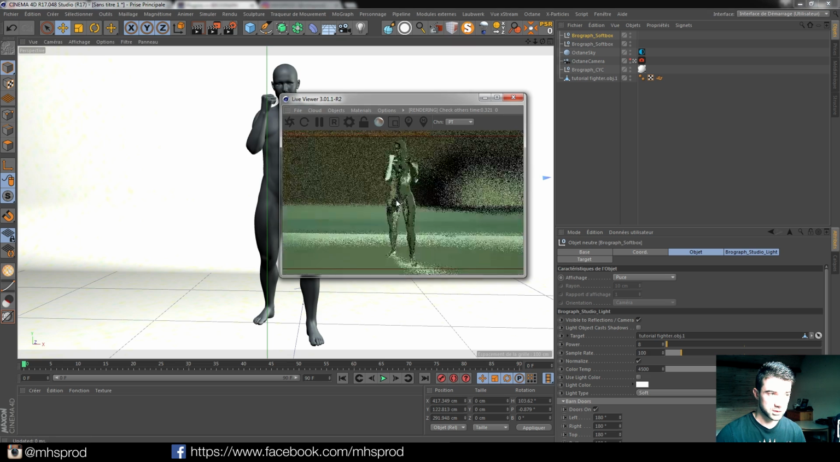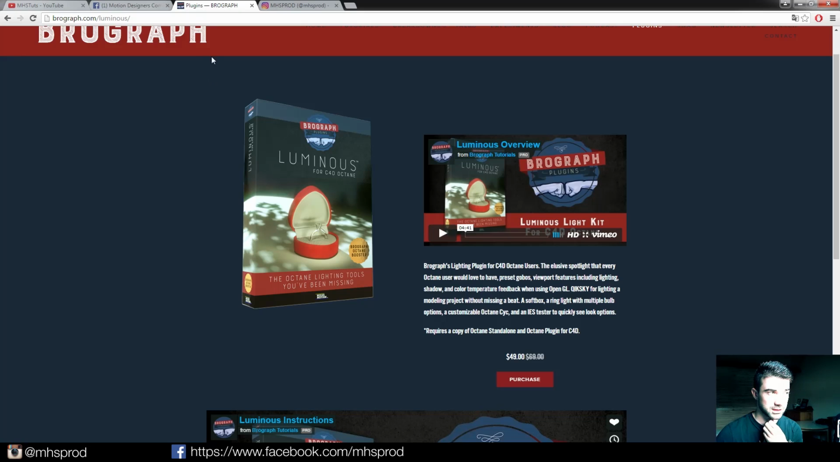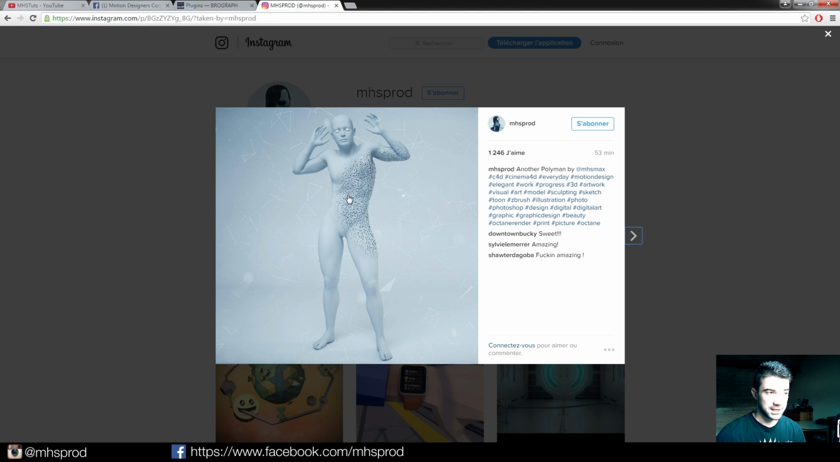I can adjust it in the live viewer, and now I will use poly FX like I used in here. We can use X particles. I will show little tricks with X particle if you wanna